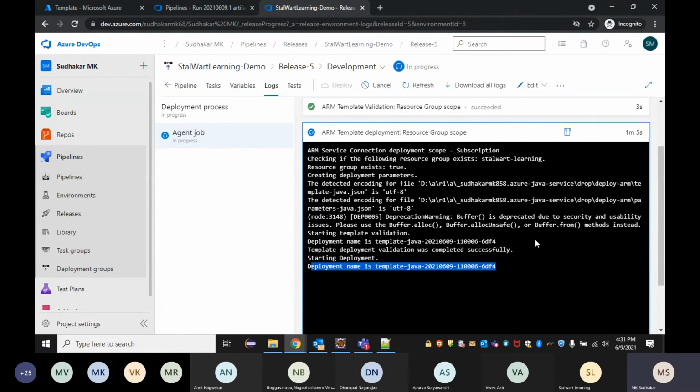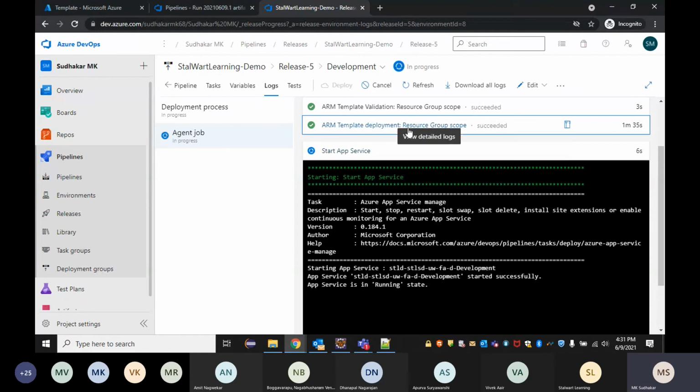And this is really secure, and you can store some of your secrets, because we need to be very secure when we are doing deployment. So when we have some secrets, we can use Azure Key Vault, the secret vault, and then integrate that with DevOps so that you can directly use those secrets from the vault.